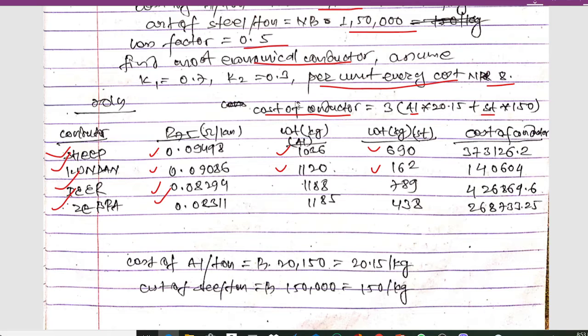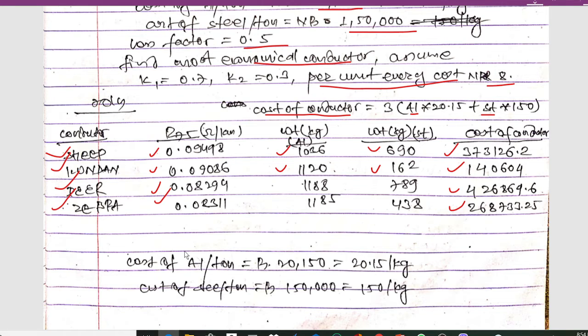Now in the first step we have used the formula for cost of conductor as 3 into weight of aluminium into 20.15 plus weight of steel into 150. If you use this formula, you will get the cost of conductor. For sheep, the cost of conductor is 373,126.2. Similarly for kunda we have this value. For deer, the cost of the conductor is 426,864.6. Similarly for zebra, the cost of the conductor is